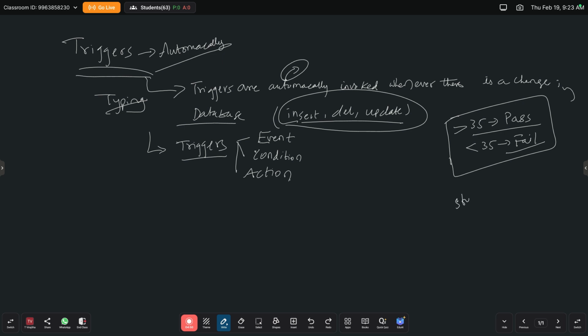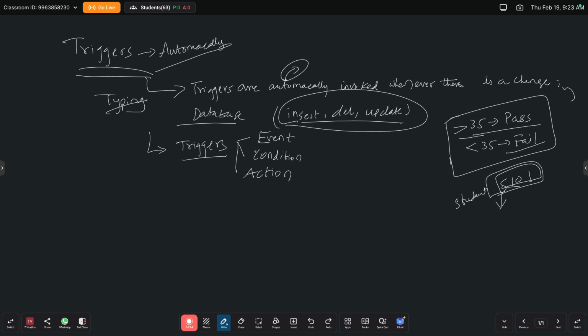For example, there is a student called S101. This student data I need to enter. I don't know whether this student has passed or failed the exam. Based on the marks that he has obtained, using triggers, it should classify whether he has passed or failed the exam. So how to know whether he has passed or failed?